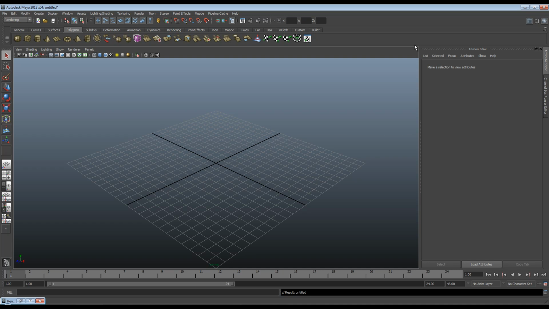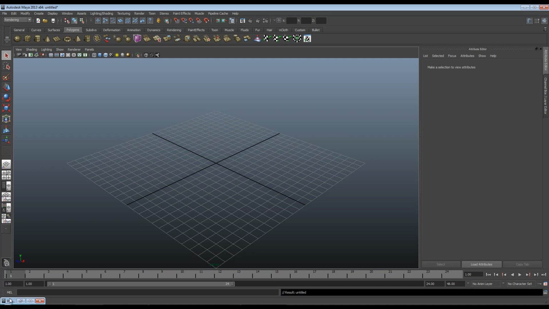Now, at the heart of this process is something called linear workflow, which you've probably heard mentioned. It's been bandied around in the 3D community for quite a while now. I'm going to demonstrate to you why we need to use this during the course of this tutorial, and why you should be using it for your own interiors and exteriors too. I'm going to attempt to do this without a lot of complicated graphs and math, and hopefully you won't fall